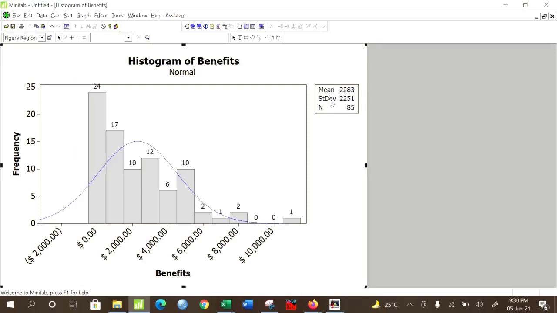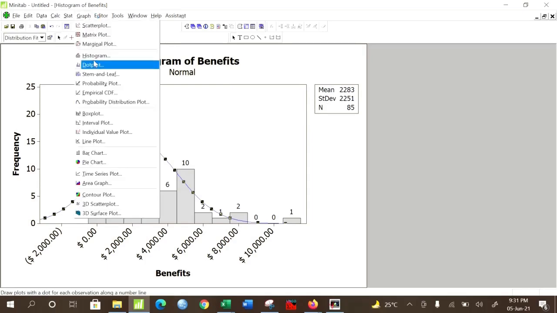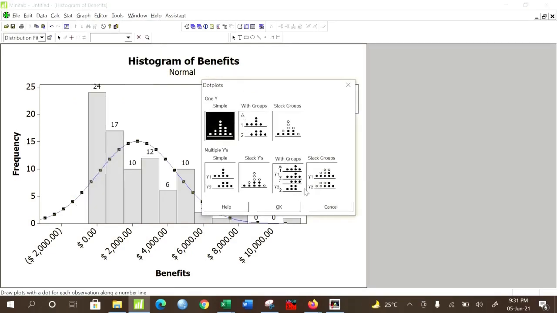And the mean and standard deviation are computed using the data, the sample standard deviation and sample mean, and a normal distribution passing through this mean and standard deviation has been shown here. Now instead of histogram, one can use dot plot as well.